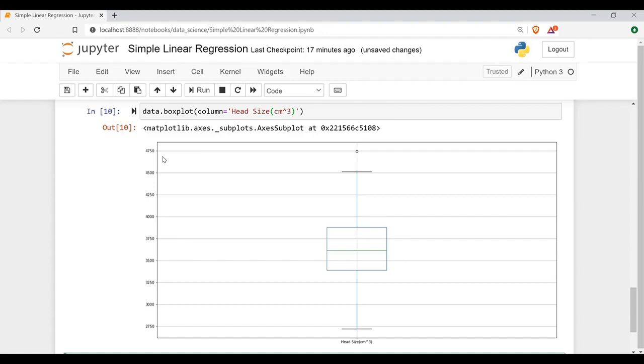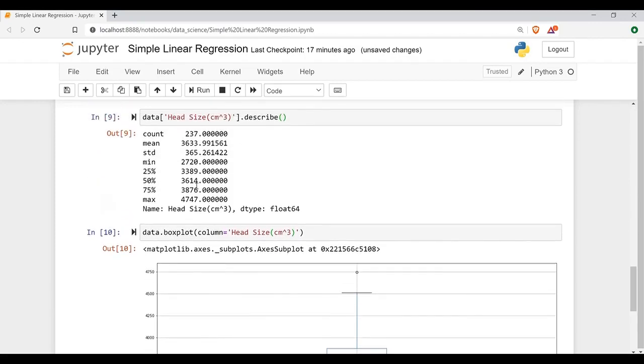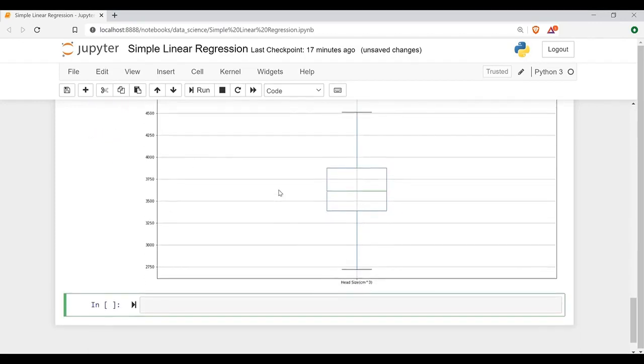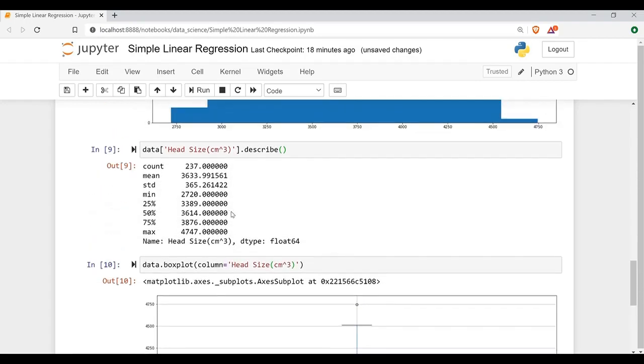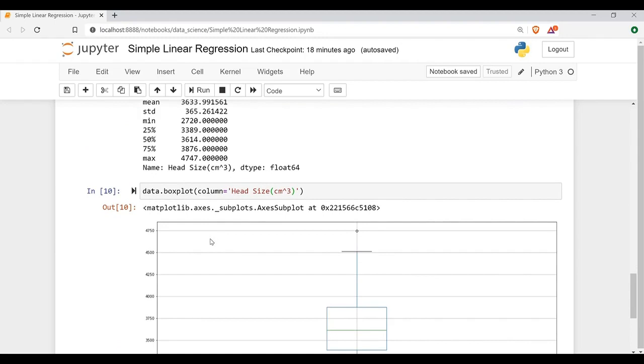So a very unique observation, that is 4750, a data point which is very far from the data set. So somebody's head size is 4750, which is very different from the other head sizes. So maximum value is 4500 and the minimum is 2750 or 2720, what we saw earlier. 2720 is the minimum, and this is the IQR range. So we can see the IQR here falling from within 3000 to 4000. We have the IQR range, that is 3250 to somewhere around 4000. So that is the interquartile range. That's what we got, some information about the data.